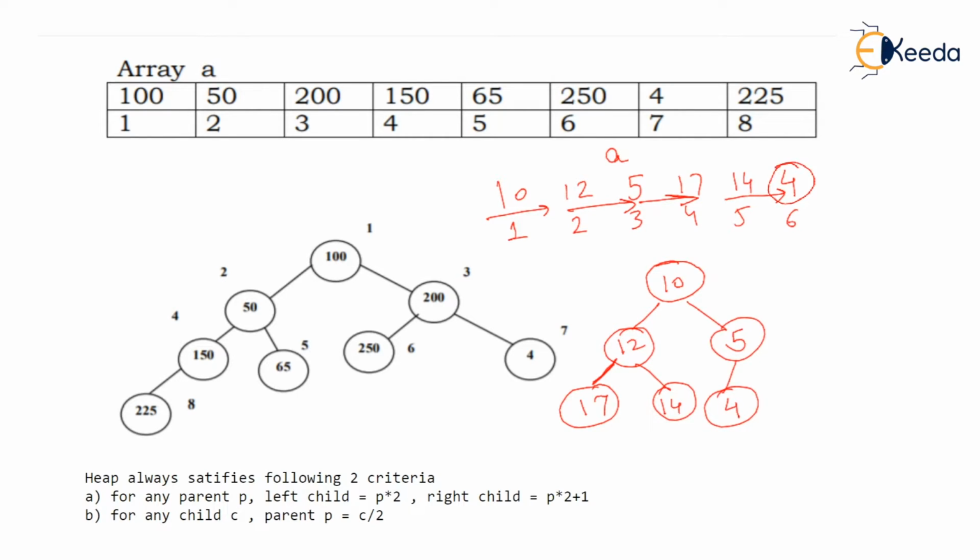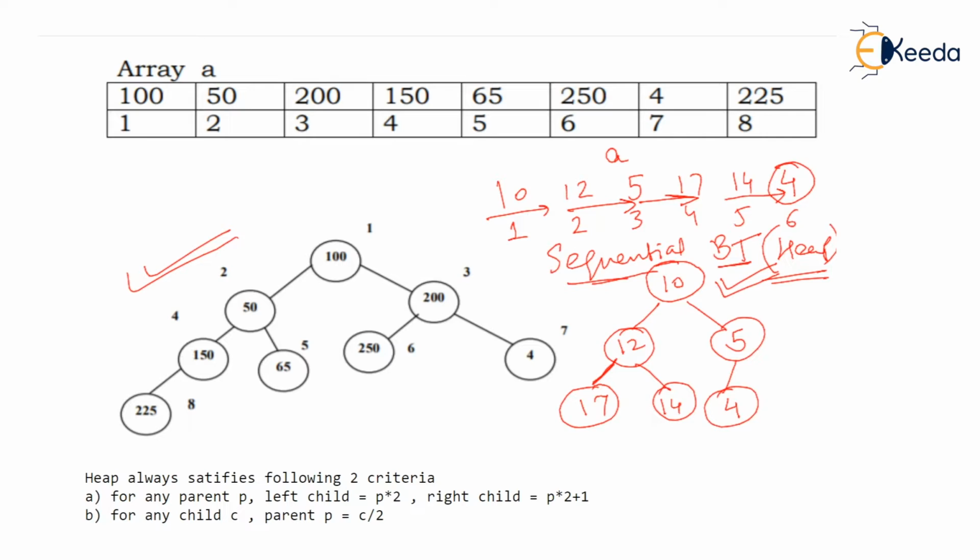Such a binary tree which I have drawn is called a sequential binary tree. I'll write in short BT. Sequential binary tree, because in this binary tree, the values have been added in sequence from left to right, and we don't care about the less than greater than rule, just as in the case of a binary search tree. Now, this sequential binary tree is called heap. This is heap. So here is the heap for the array that we have drawn.